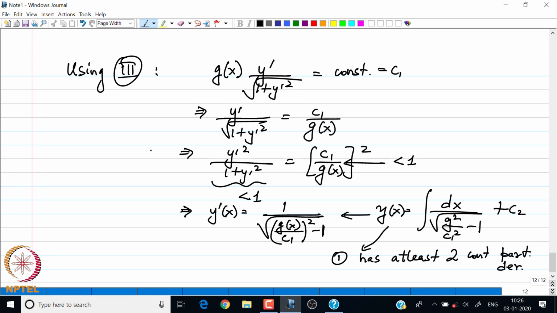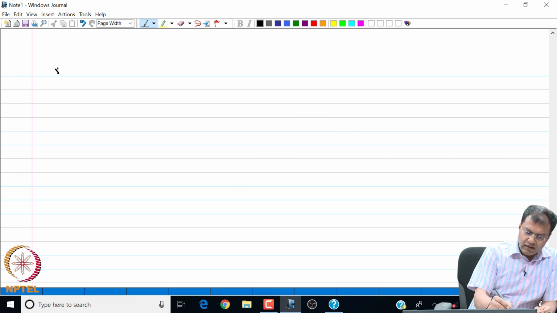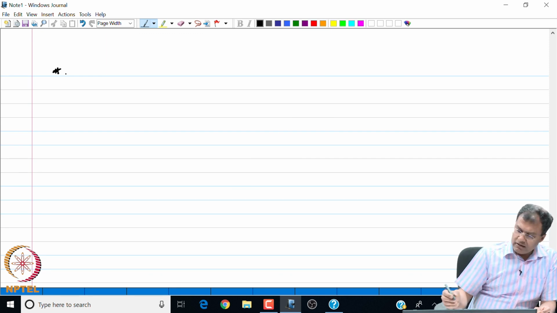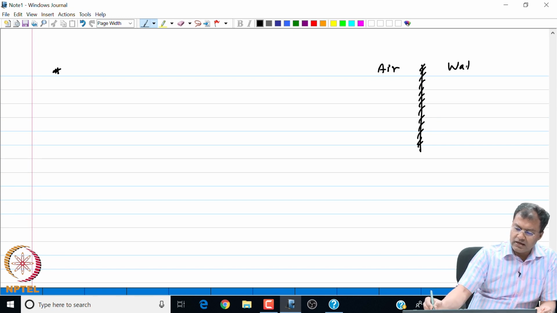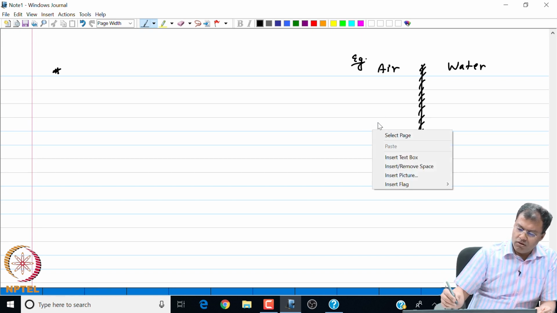So, let me look at the case. What I have just described is as follows. So, consider the fact, suppose, let me draw the figure. Suppose we have two media, let us say we have air and we have water. Just an example here, right. So, we have two media and we have light which passes through